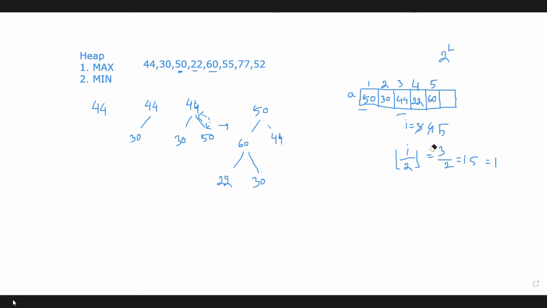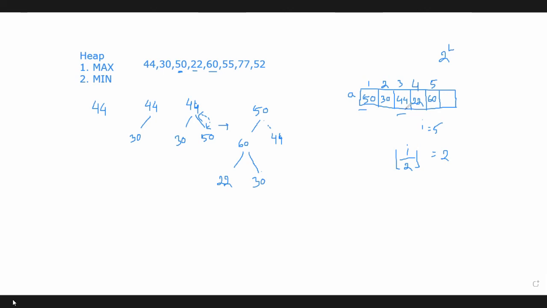So now for finding out its parent node, just divide that value by 2 and take the floor value. Here I equals 5, and 5 divided by 2 equals 2.5. If we take the floor value, then I equals 2. The parent node will be in position 2. That means 30 is the parent node of 60.